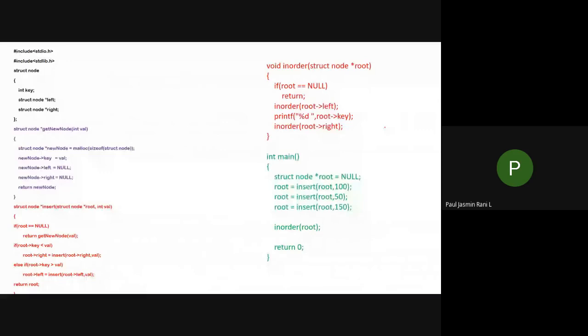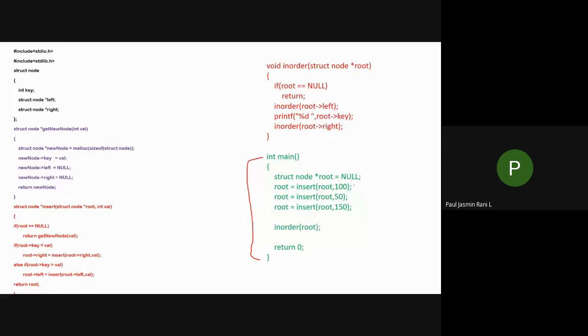Okay, so let me run this program. In this program, what I have done is in your main statement. Can you see this main statement, colored in green? In the main statement, first, initially I'm marking my root address as null. It means that initially I have not created any root. So I'm going to mark it as null.